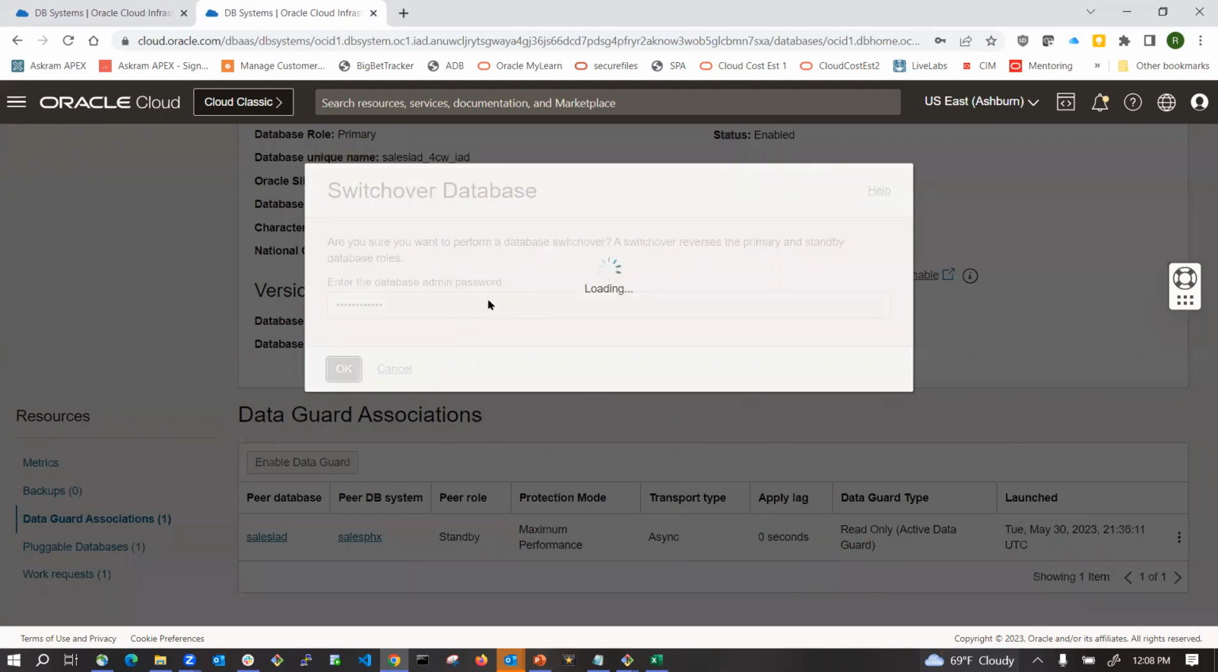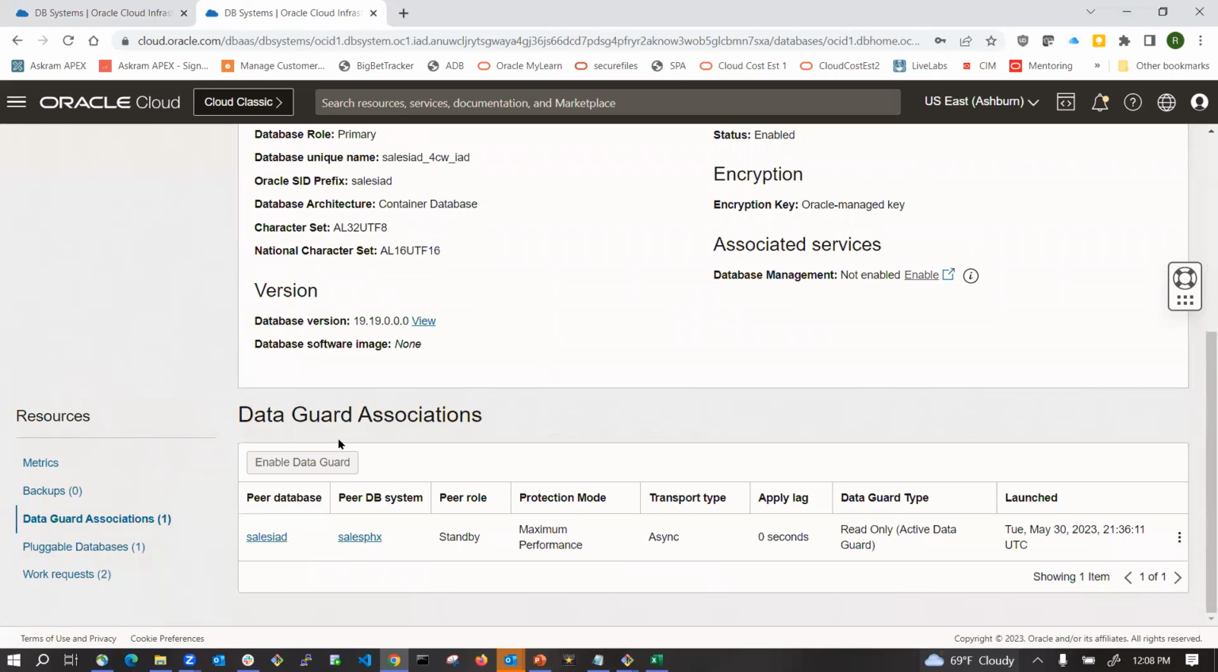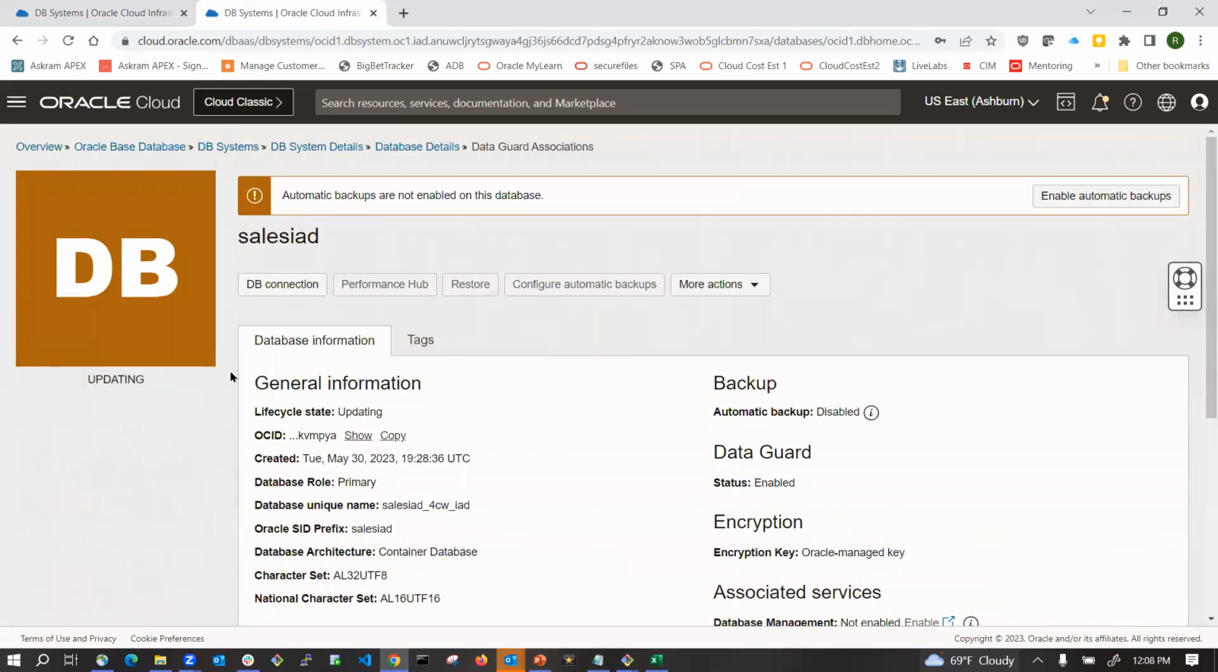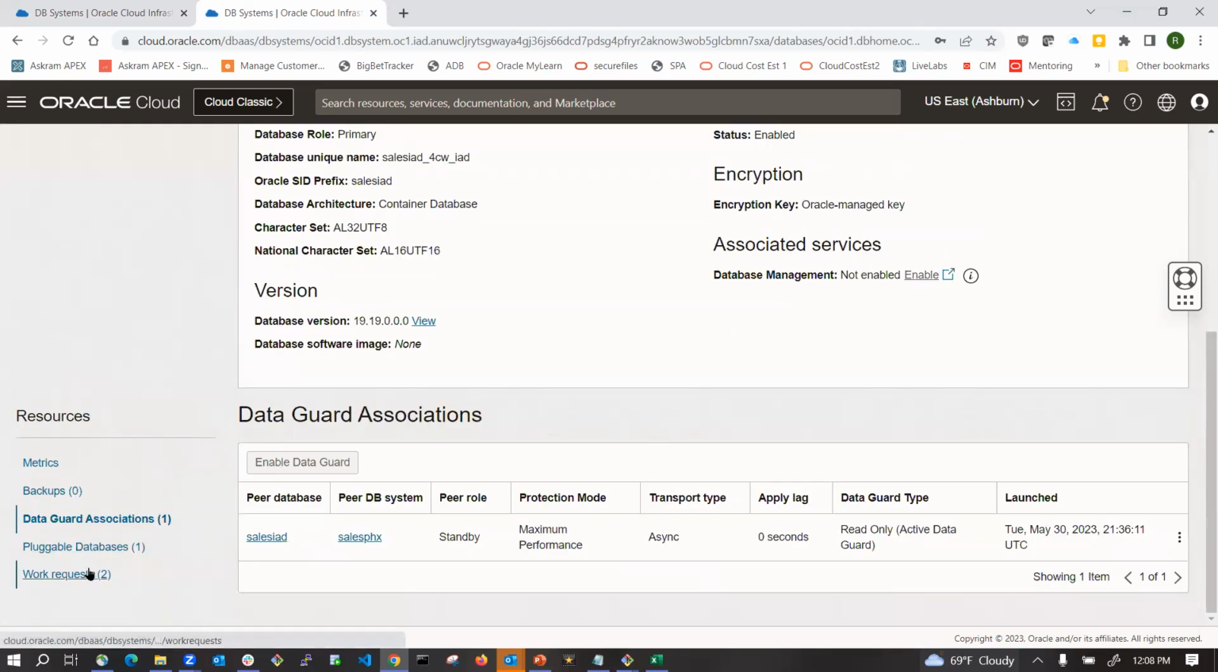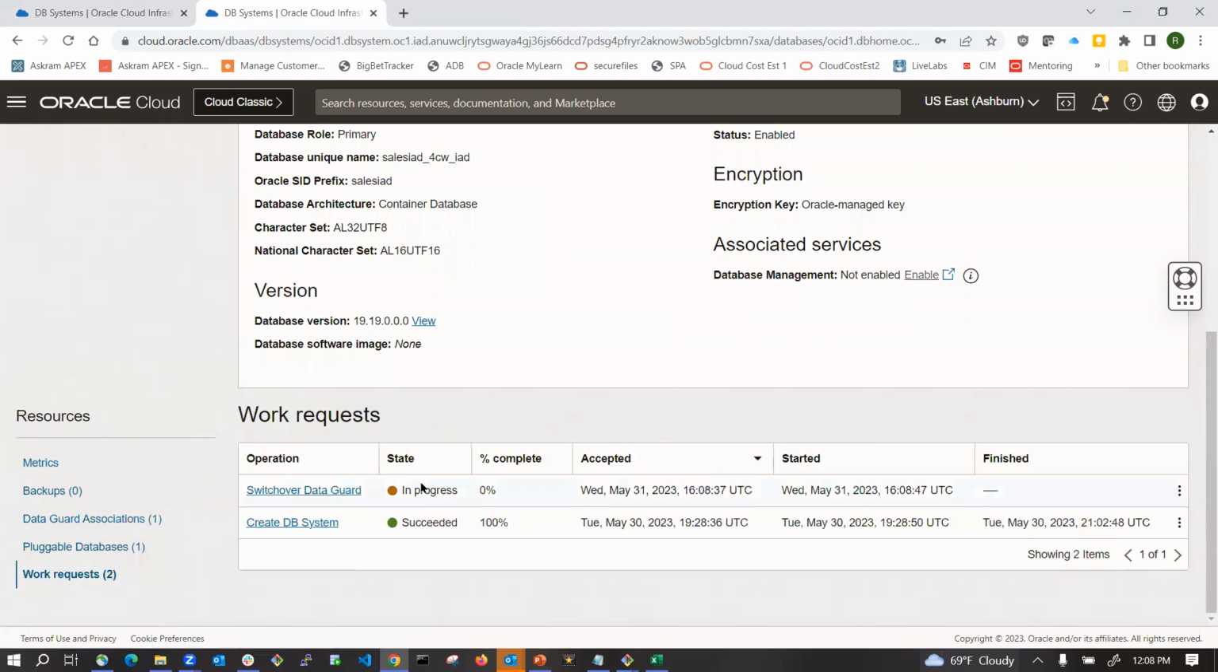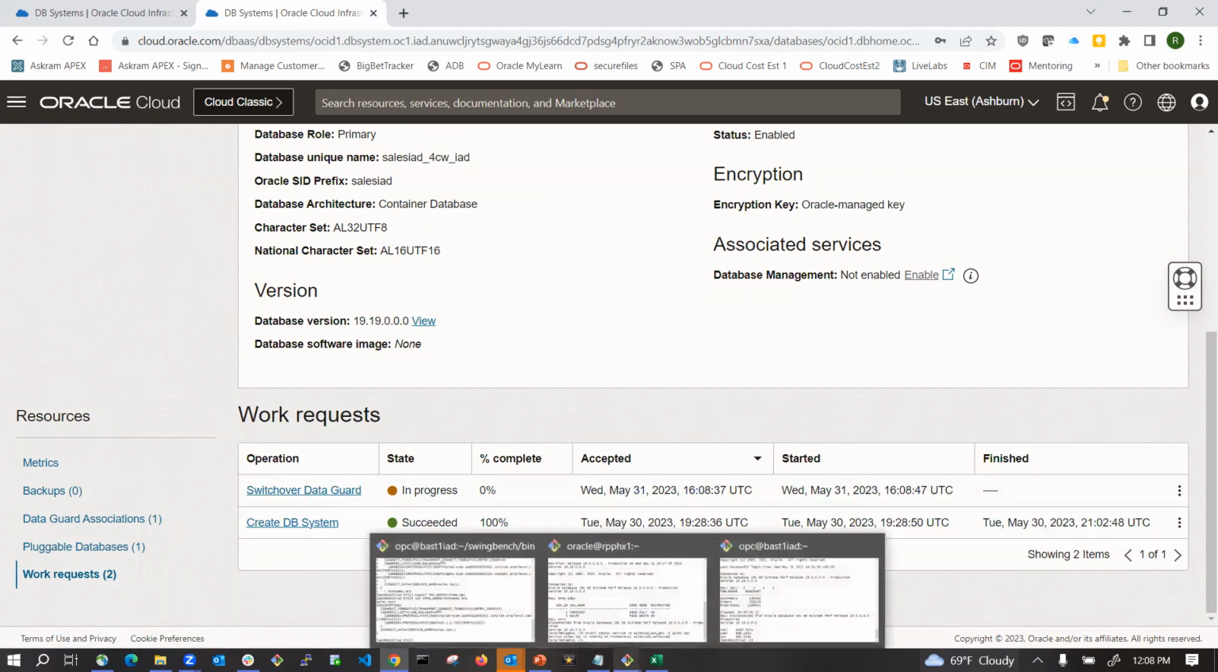Again, if you don't want to watch this demo, you can skip, but I just want to switch over to the standby database. This is going to take 2 to 3 minutes, I guess. And the request, so it just started. So now, after this is completed, we should be able to do